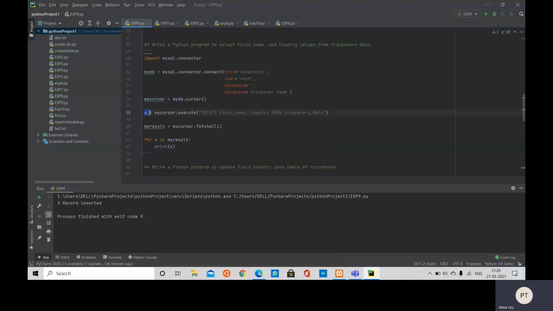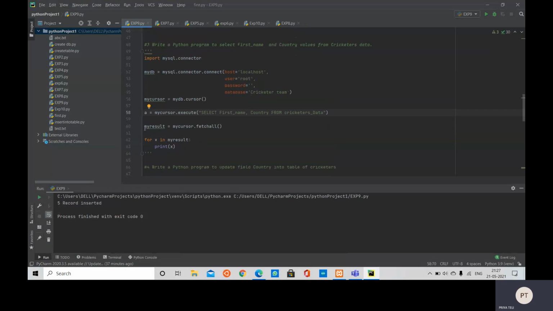Then say this is object A, inside which we are going to use the execute method to execute this command. Our command is select and the column names separated by comma, from, then comes the table name inside the double quotes and the bracket.